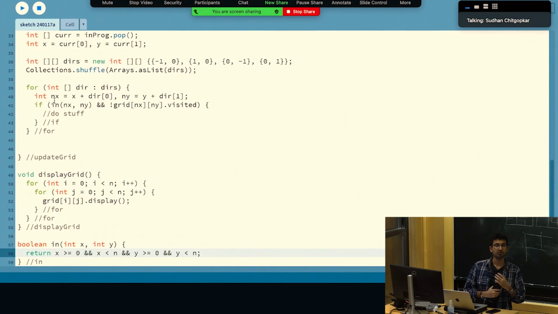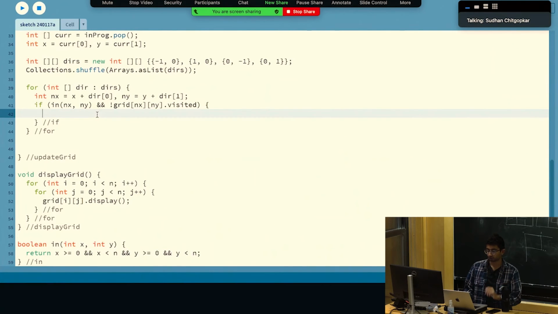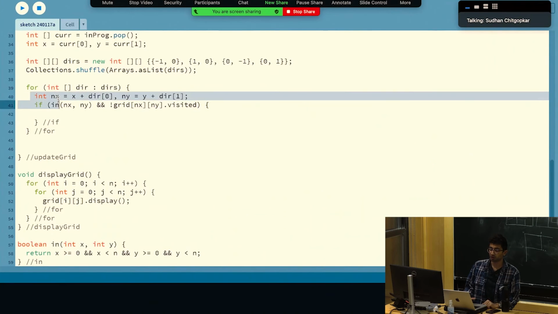Okay. So now that we've done that, we actually want to go through with our algorithm. So if we have not visited this cell, then we want to say, all right, hold on. We need to add you to the list of in progress cells. And so this part might get just a tad confusing. Not only do we want to add this new cell that we are about to visit into our list of in progress cells to visit, but the fact that there was at least one neighbor that wasn't visited